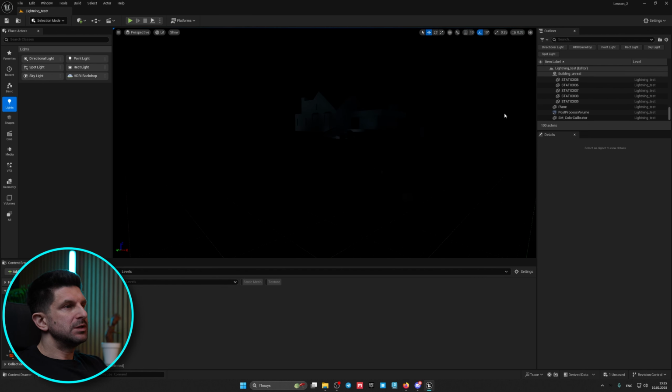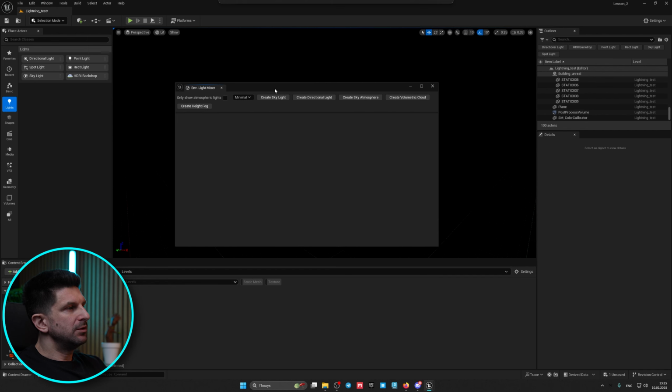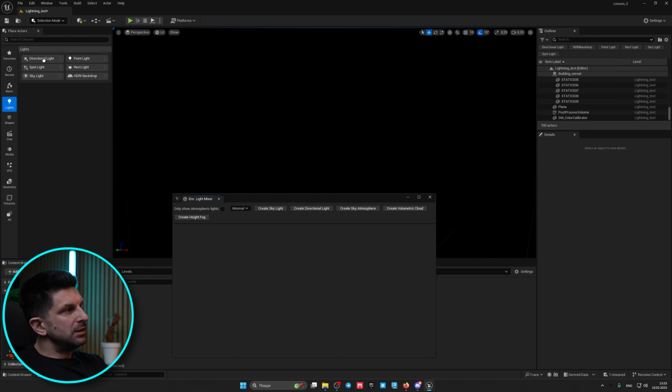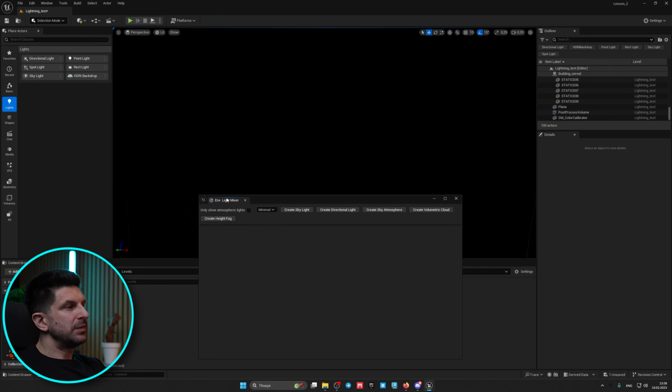Let's delete everything we have. Go to Windows, Environment, Light Mixer. Open it. We get a window like this. And to add the Sky plus Sun system, we don't need to pull out the Directional Light, skylight, then look for clouds, look for the sky to gather information from. Skylight. For this, we have an Environment Light Mixer where all we need to do is click